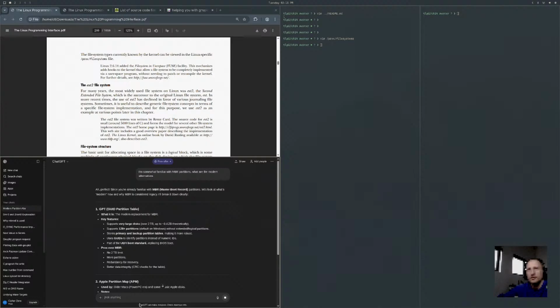GPT, GUID partition table, yeah. Up to 128 partitions. I wonder who developed it.